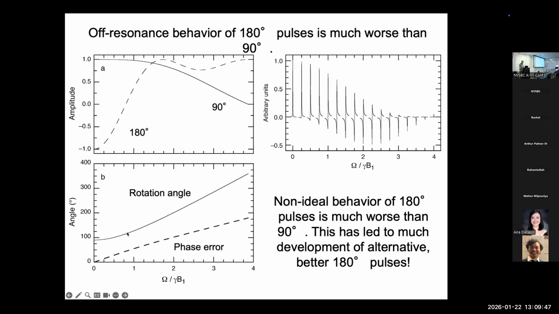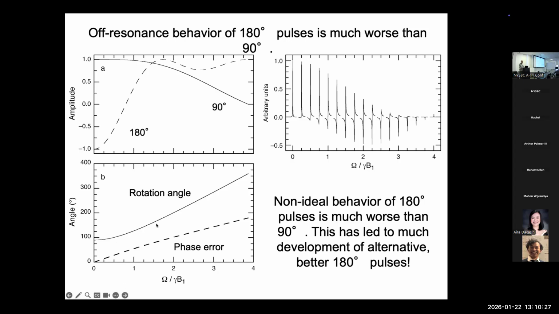The solid line is the total rotation angle, and again, the off resonance rotation angle is always larger than the on resonance rotation angle. On resonance here is a 90-degree pulse. As you go off resonance, the rotation angle increases because the rotation is due to the effective field. The effective field is the vector sum of the offset and the strength of the pulse. The hypotenuse is always longer than the sides. So you rotate off resonance